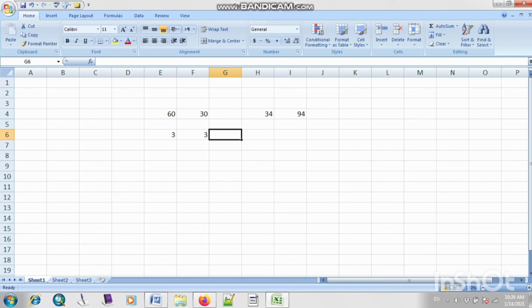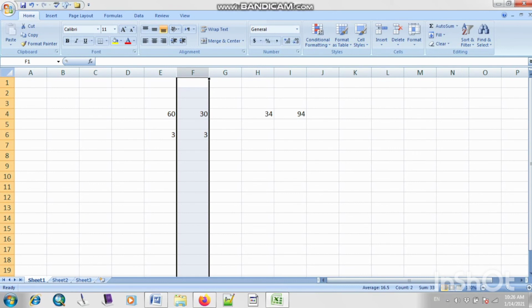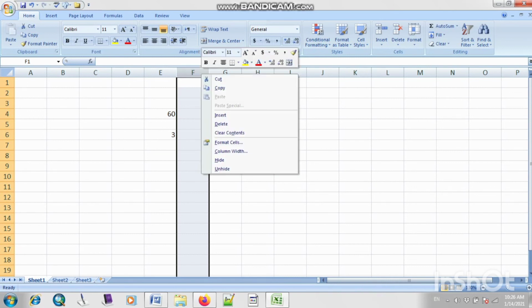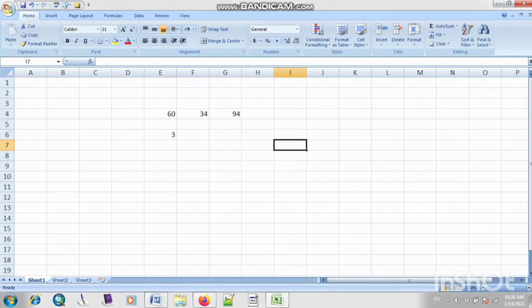Similarly, if you want to delete your whole column or whole row, then what you can do, just click on your column, right click on the column letter, and then click on your option of delete. So as you can see, it will automatically delete it. Any number, and we can calculate according to the desired formula.